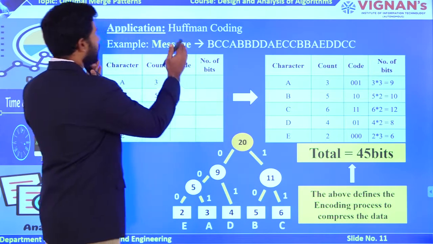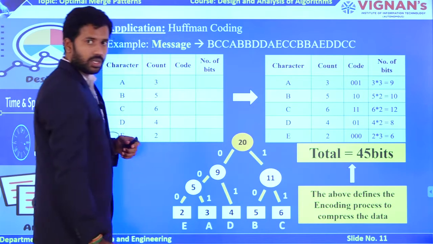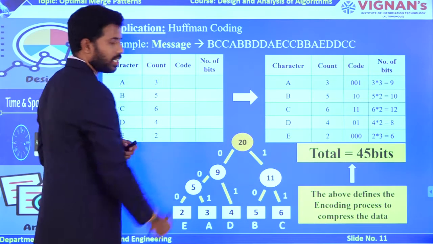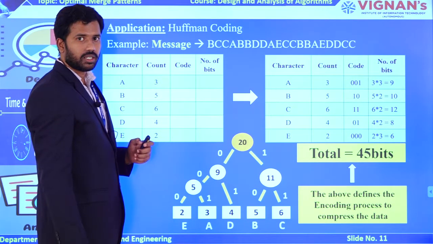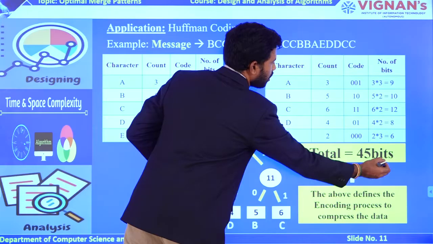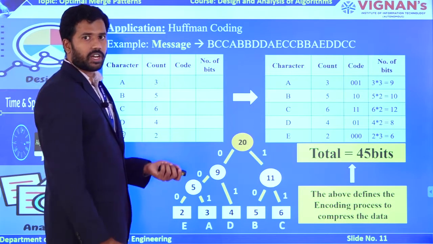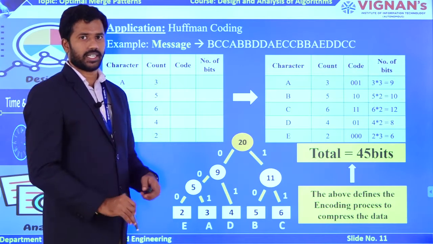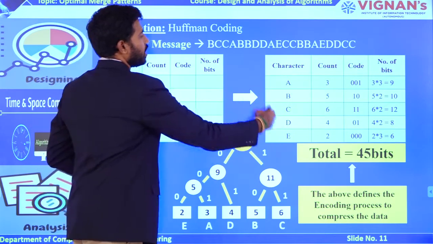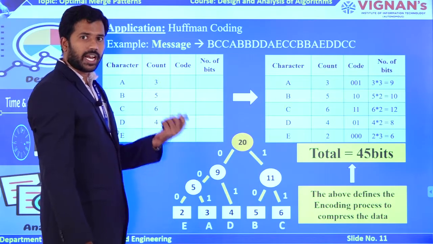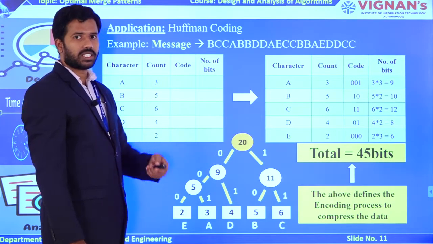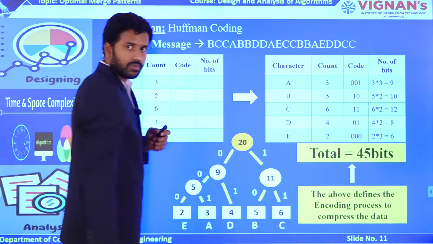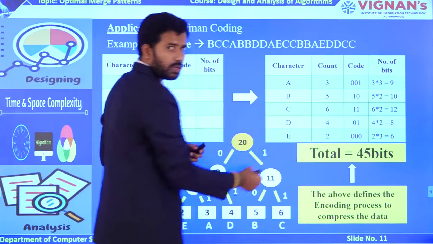Okay, so to send these 20 alphabets, I am following this Huffman coding with the help of this binary tree representation. For my encryption, I need to have 45 bits. I hope you are aware that encryption will be done at the sender side and decryption will be done at the receiver side. Now to decode this information that was encrypted at the sender side, as a receiver you must have this table. Otherwise it is not possible to decode the information.